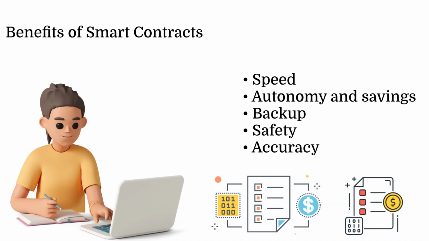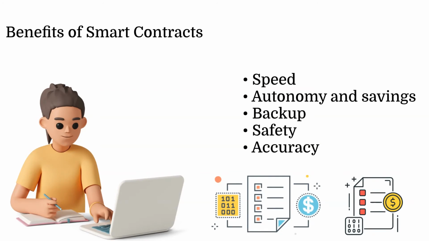Speed can be seen as part of the benefit of using smart contracts. Smart contracts automate tasks by using computer protocols, saving hours of various business processes. Part of smart contract benefits includes autonomy and savings. Smart contracts do not need brokers or other intermediaries to confirm the agreement. This way, they eliminate the risk of manipulation by third parties. Moreover, the absence of intermediaries in smart contracts results in cost savings.